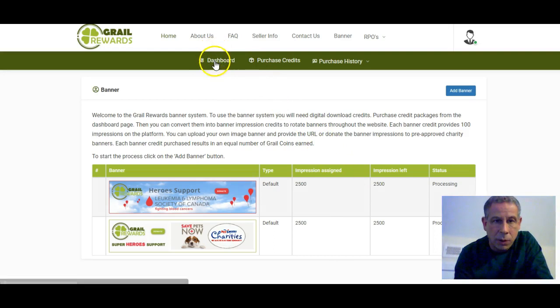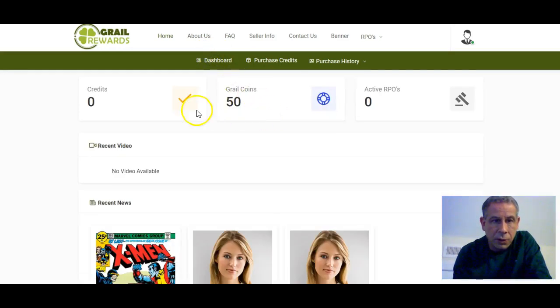So now when we go back to our dashboard, you will see we have no more credits, but we have 50 Grail coins. Grail coins are our in-community reward system. So now that you have 50 Grail coins, you have the ability to hold on to those coins and wait for a reward product offering, an RPO, that you're interested in, or you can use them at any time that you want. Okay,